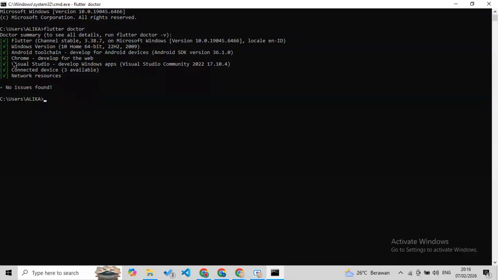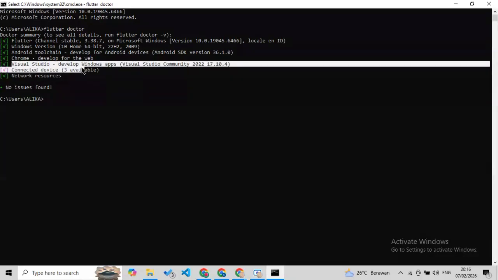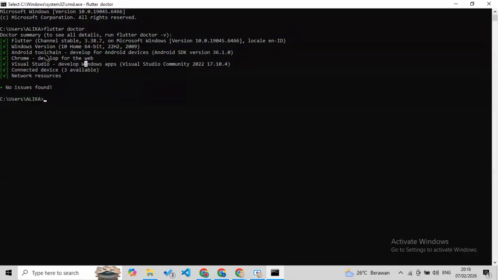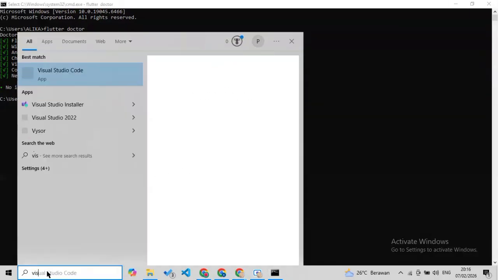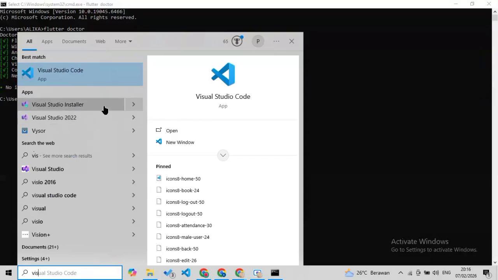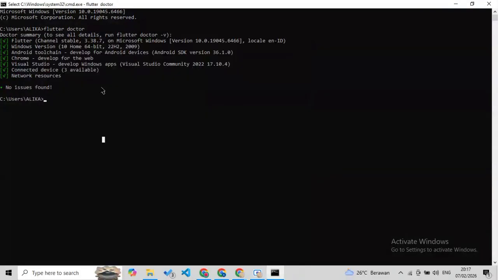Usually, you need to install Visual Studio Code so you can check everything in Flutter Doctor. Just read the messages slowly and fix them one by one.